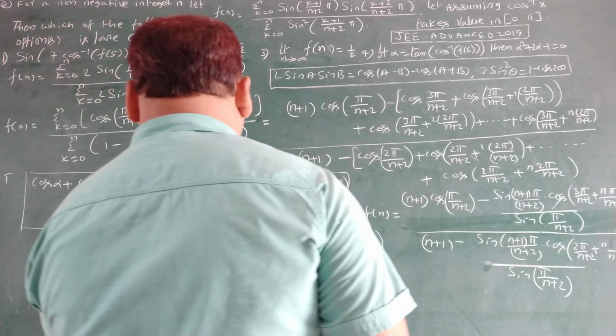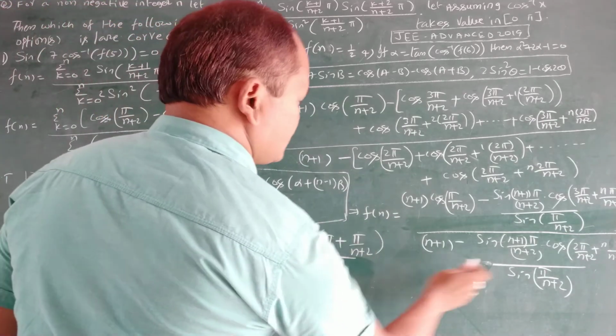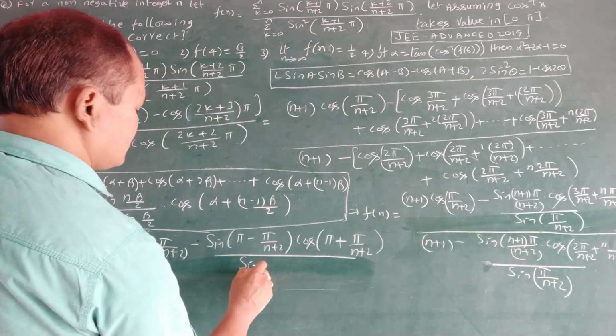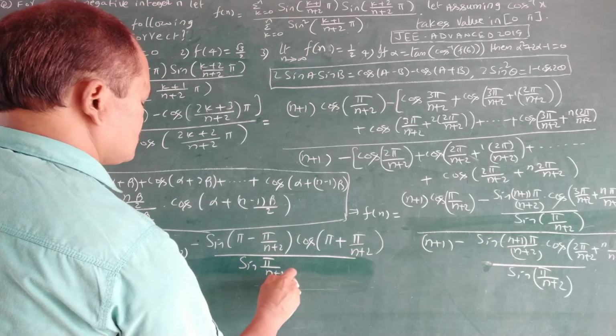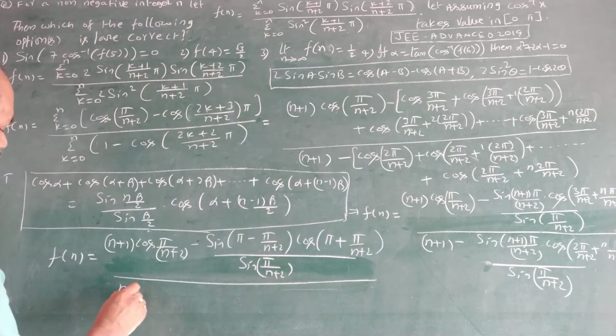Here also you have to write the denominator. In this denominator, here it is sine pi by n plus 2 whole by, here it is n plus 1